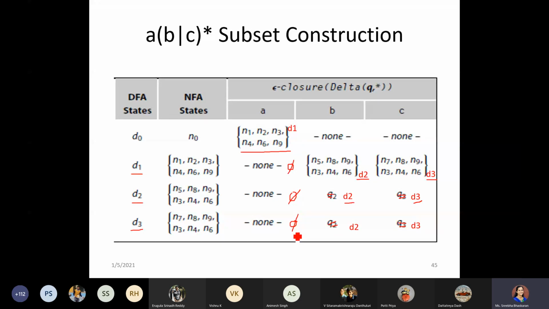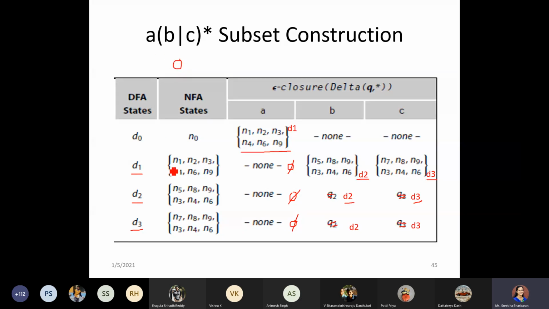So the same thing you can represent. I have drawn the table directly here so that it is smaller, and in one place I can represent it. These are the sets of NFA states, represented in terms of N, and with respect to D, I have represented the DFA states. So now we can draw the DFA for this.